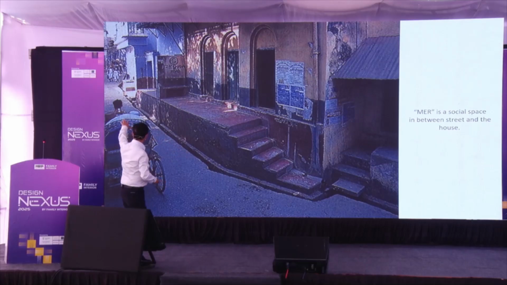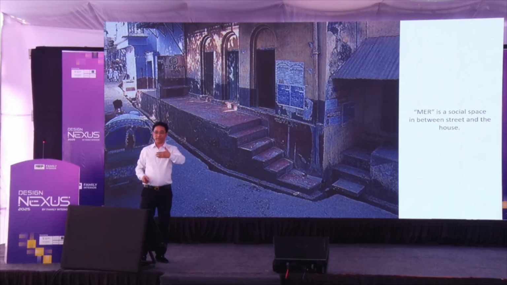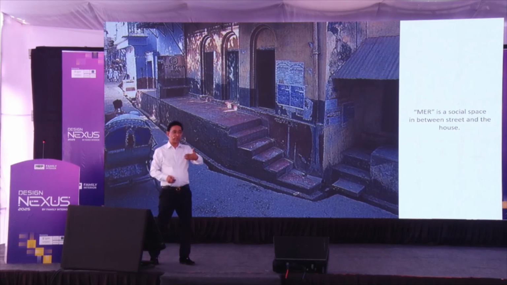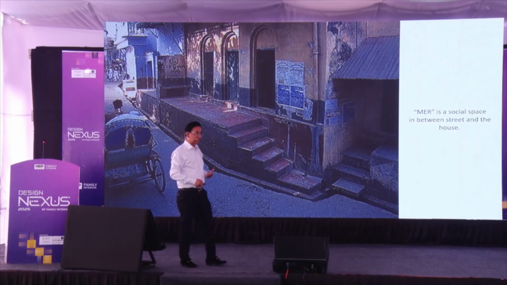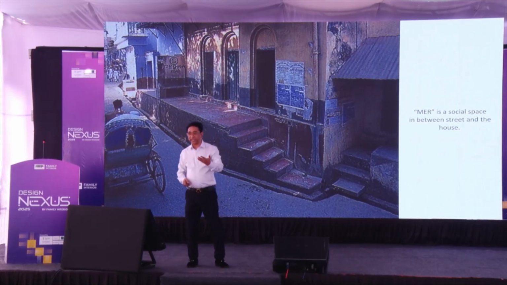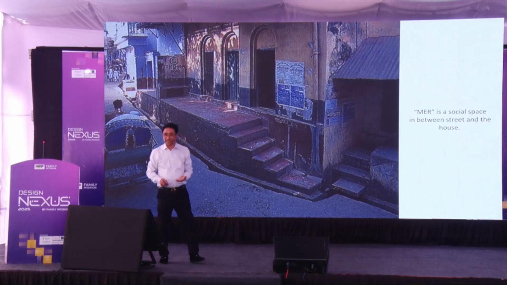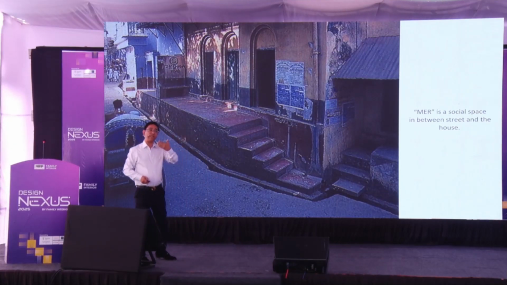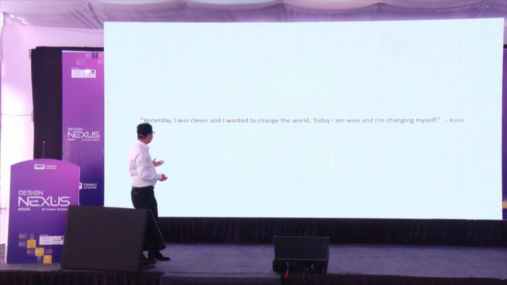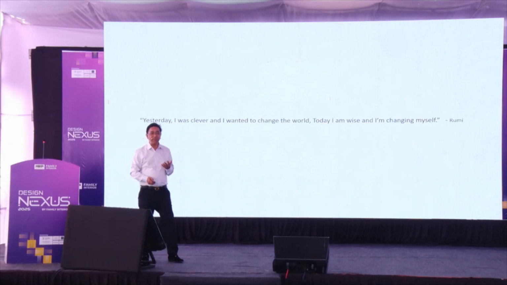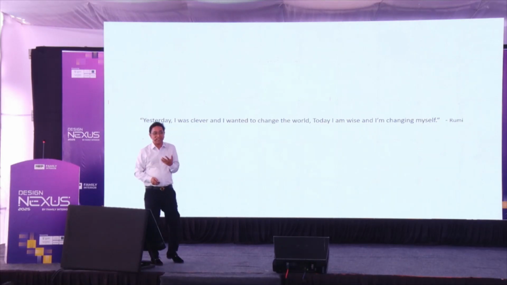So in all the houses you see, there's no sort of boundary wall. Boundary wall is a symbol of disrespect and distrust. We don't trust other people, we put a boundary wall, we put barbed wire, we put beware of my dog. In the USA, they will write armed response. They'll kill you, and as the law says, nothing will happen to the killer. So this is how we develop disrespect and distrust. So we thought, why not think like Rumi? Yesterday I was clever, I wanted to change the world. Today I'm wise, I'm changing myself, I'm changing my design.